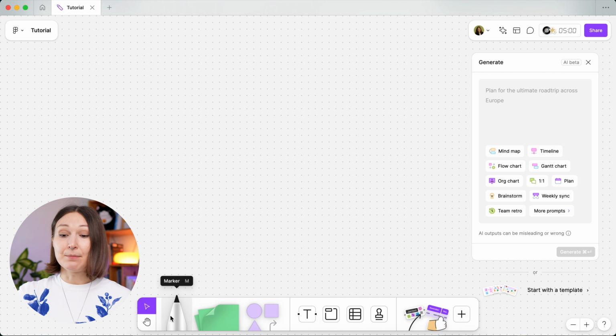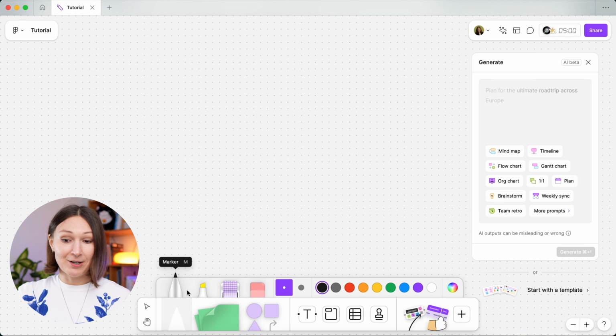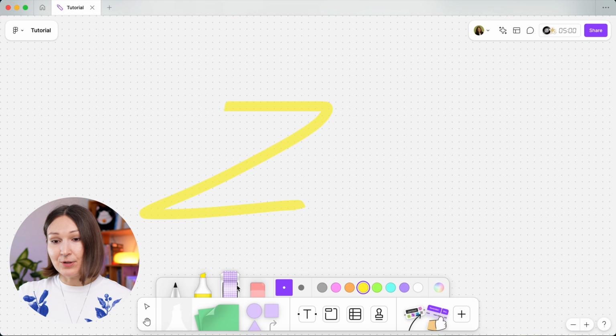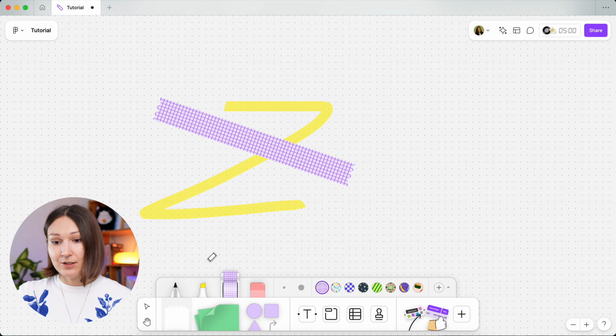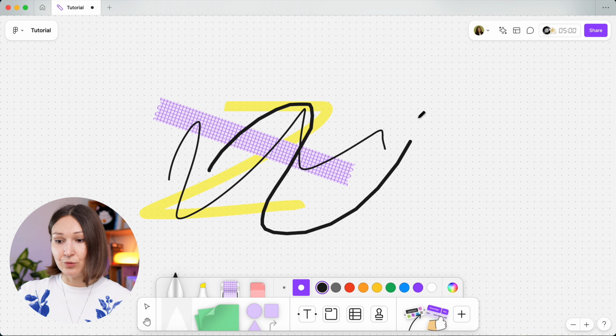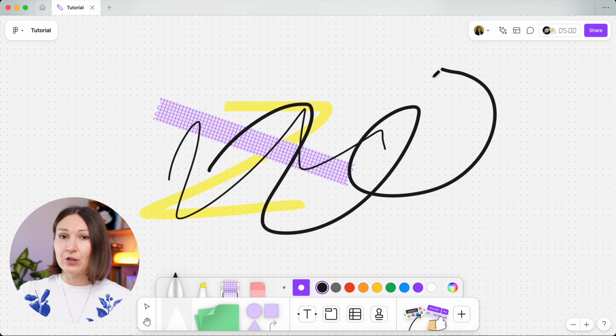The next tool is the marker. And it's really fun to explore. You see that you have all sorts of things that you can implement. So you can highlight something, you can put a tape here, and you can use, of course, a usual marker, and it works really nicely. You can have different density, you can choose the color. And I think if you have ever used a drawing tool on your iPad or on your iPhone, you know